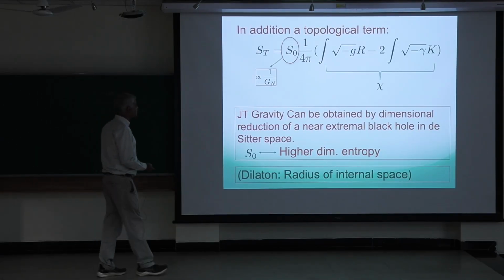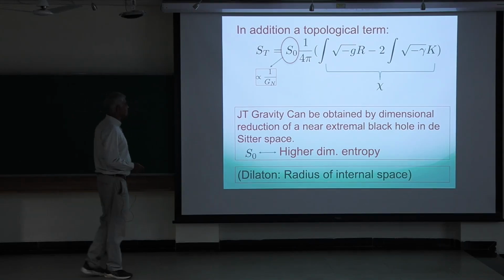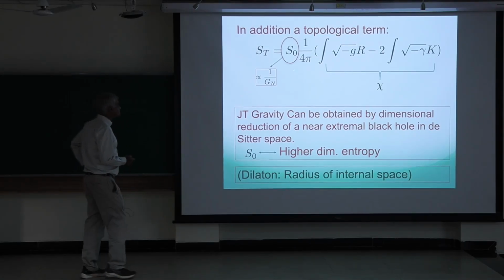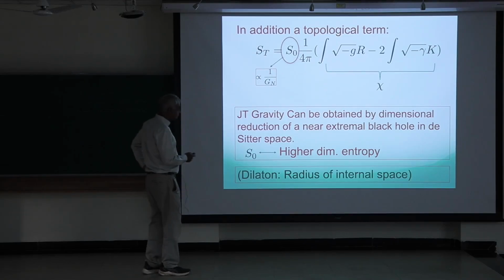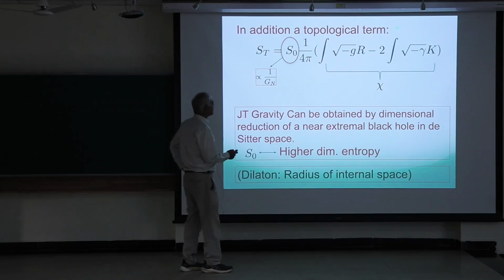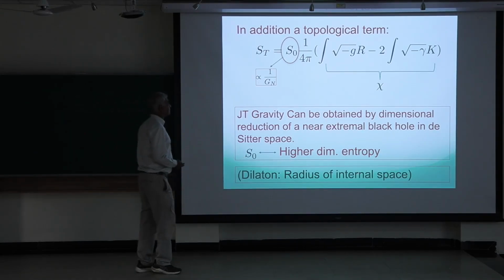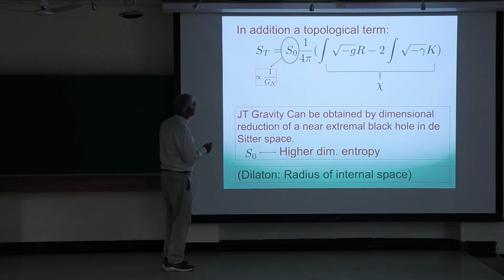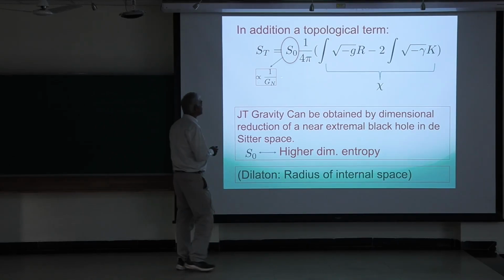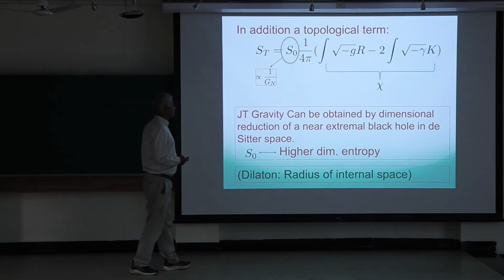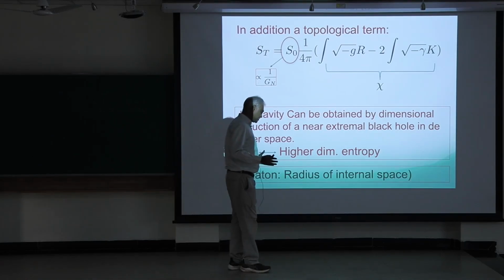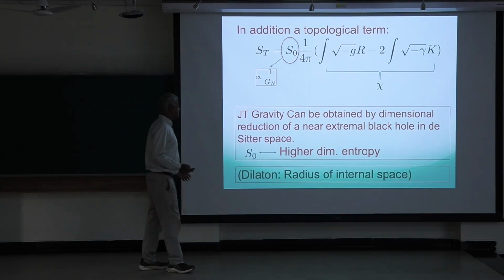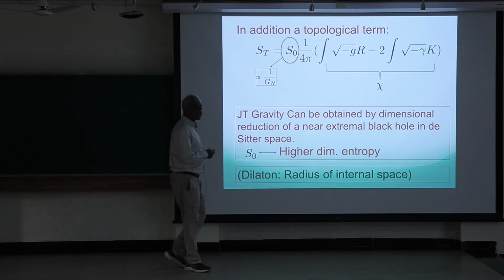Now actually, there was a boundary term, the famous Gibbons-Hawking-like boundary term, which I didn't write down. But in addition, there's actually a topological term. As you know, if you just had pure GR along with the boundary term, this actually just evaluates the Euler character of the manifold. So it's a topological term. And one should really think of the coefficient here, which weights different topologies differently, as being proportional to 1 over G Newton. For example, if you derive JT gravity in de Sitter space starting from higher dimensions, then that's what you would get.